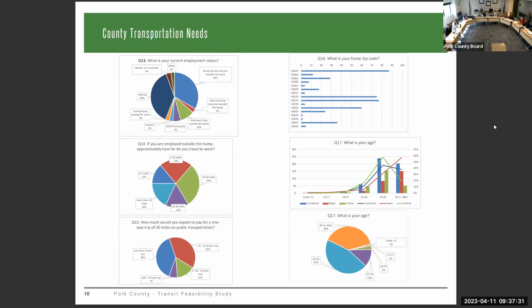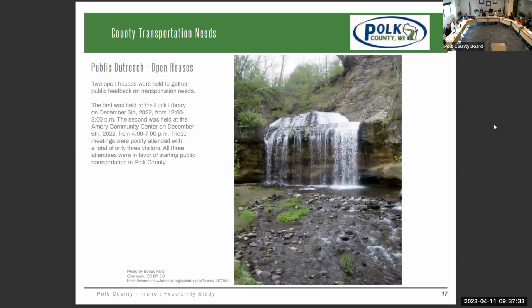As part of the public outreach, we also did a couple of open houses. They were poorly attended. So we didn't get much usable information there, although it's still important people have a chance to come in, look at some of the plans. We had mock-ups of what the various solutions might look like and things like that. The people that did show up were in favor of it, and they wanted the best possible outcomes, just like everyone else does.